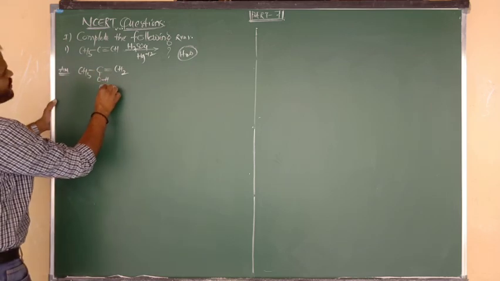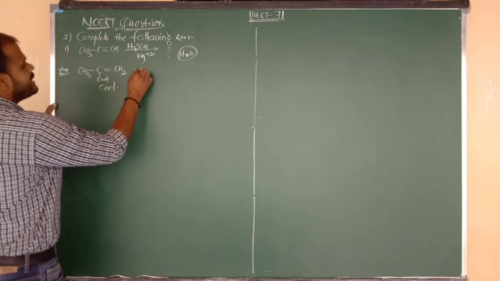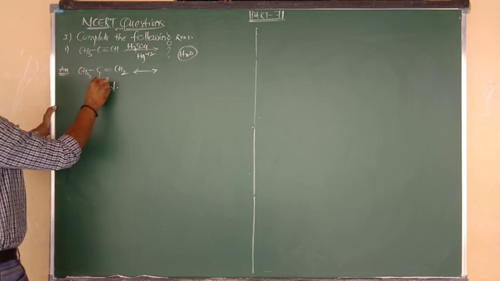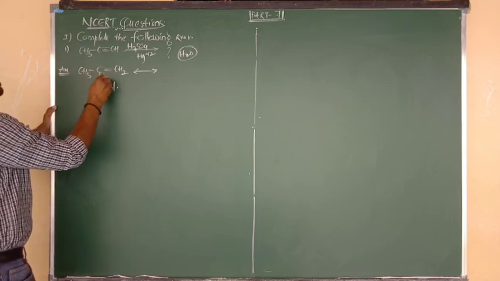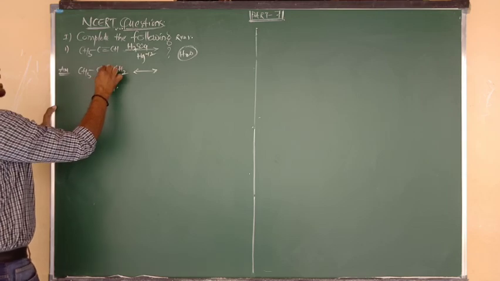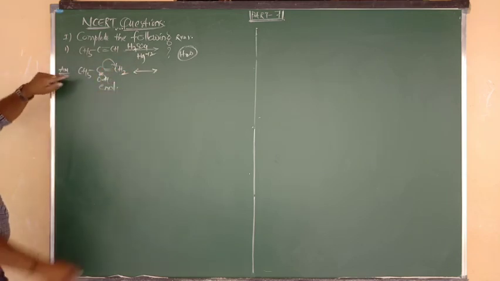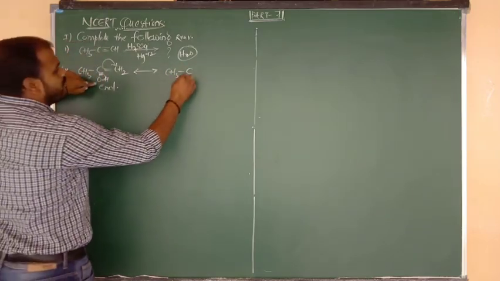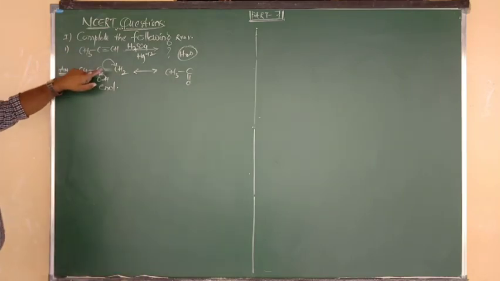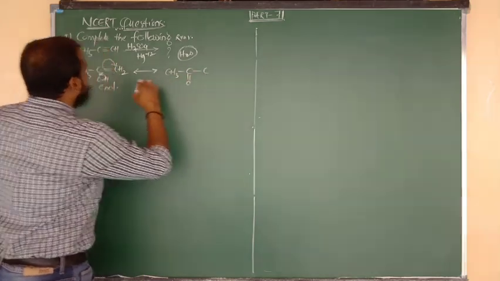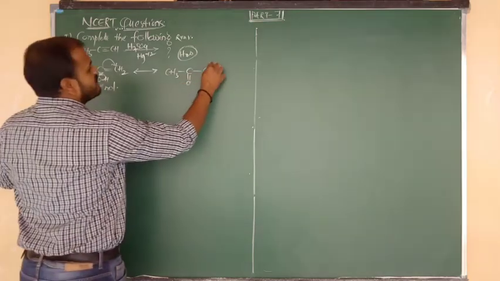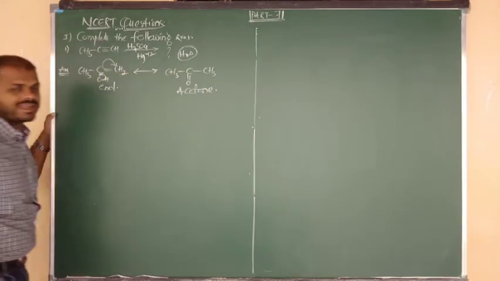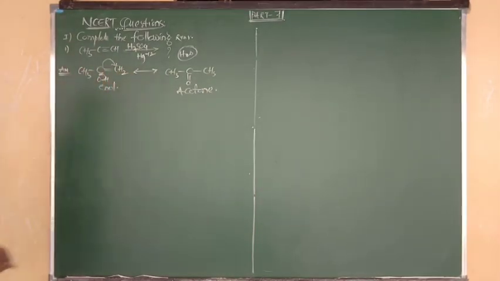But this looks like the enol form. Enol forms are highly unstable. It can tautomerize into its respective, more stable product. So here the bond has to be delocalized like this. At the same time, this pi bond will be shifted towards the CH2. So what will be the product? Here CH3 is there, CH3 connected to C, and from below the plane, single bond becomes double bond, and on the right side double becomes single bond. CH2 minus is attacked by H plus. So we can write the product as CH3. What is the name of this product? Acetone, and we can also say 2-propanone. This answer we have to write.